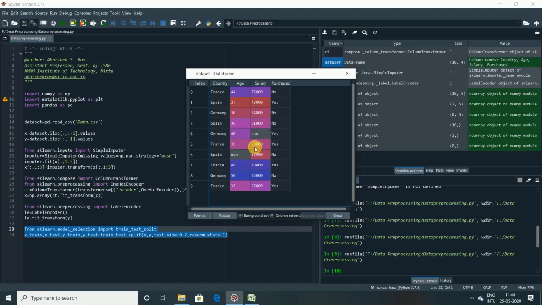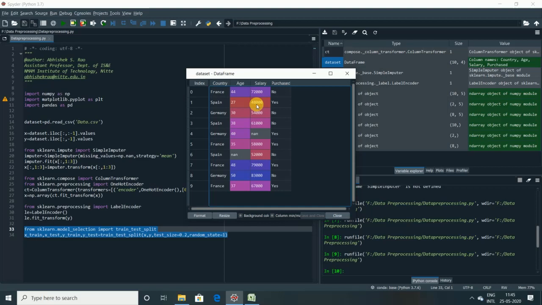Now we need this method because some of the machine learning models will not consider the values which are dominated by other values, right? You can see the 79,000 is dominating the lesser values, maybe 54,000 or 48,000. So some values get dominated, and machine learning models will not consider those values. So you may get wrong predictions at a later stage.